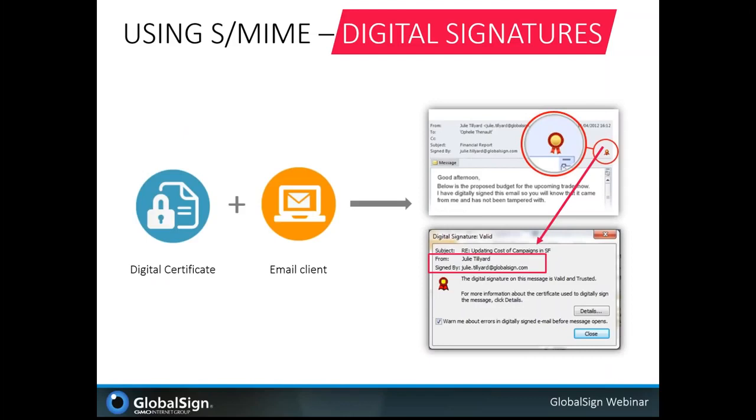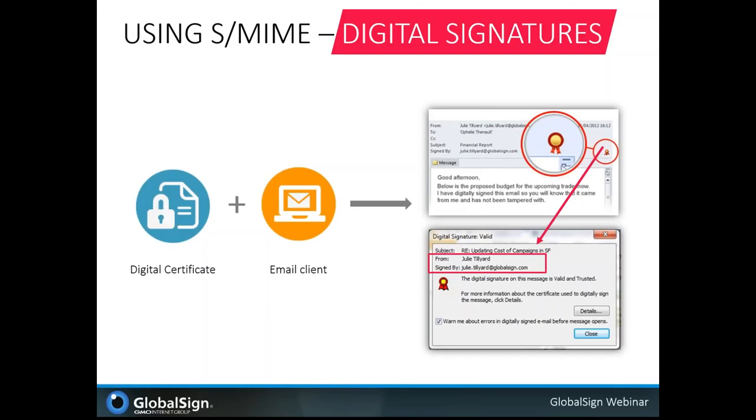Here are examples of how a digitally signed email looks in Outlook. The red ribbon indicates that the email was digitally signed. You can also see the identity of the signer listed under the subject line. The recipient of the email can instantly see that the email was digitally signed and who signed it. He or she can be confident that the email actually came from the correct person and has not been forged, and that the contents of the email have not been changed since it was sent.